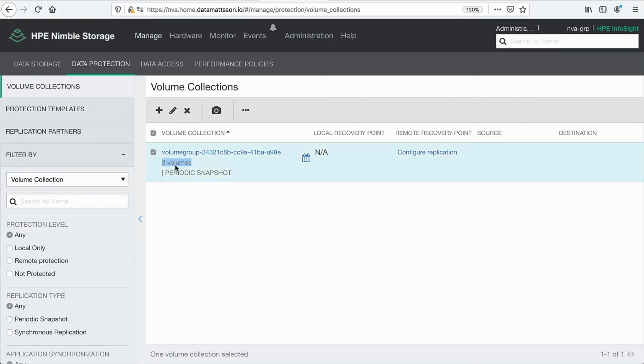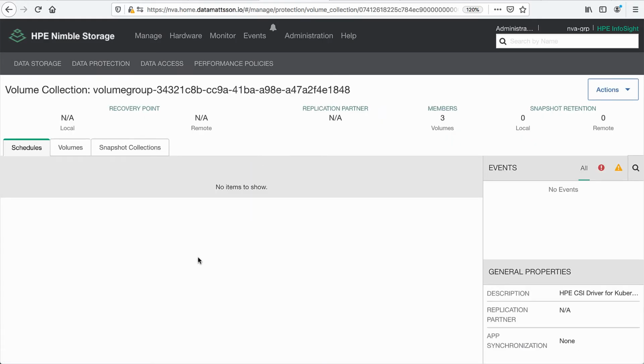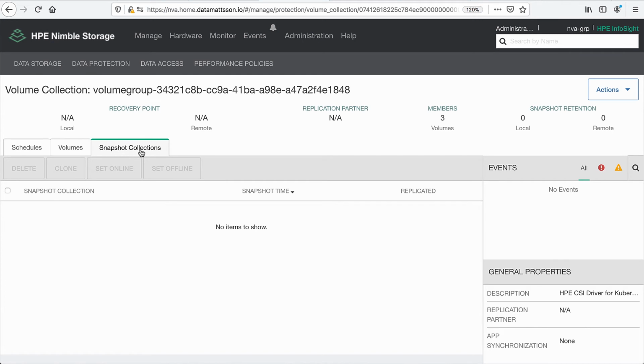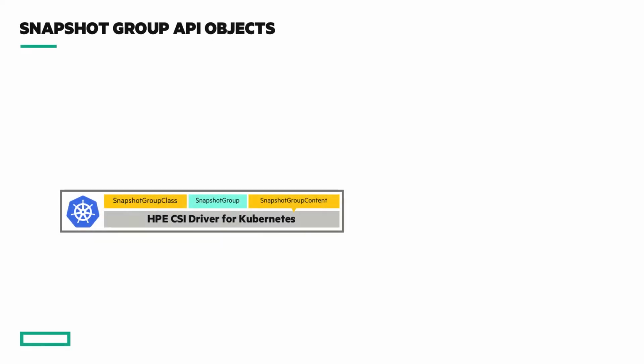Switching back to the array UI, we'll now see that we have 3 volumes in the volume group. In the next steps, I'll show you how to create a snapshot on this volume collection. Before we start creating snapshots, I just want to go over the API object model for snapshot group classes and